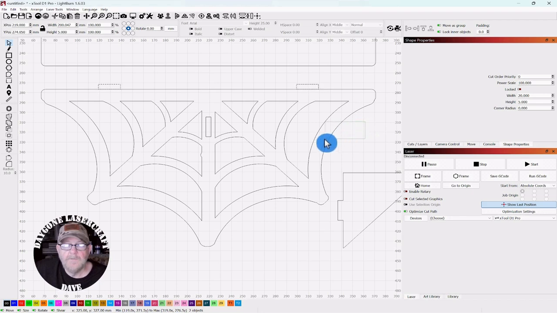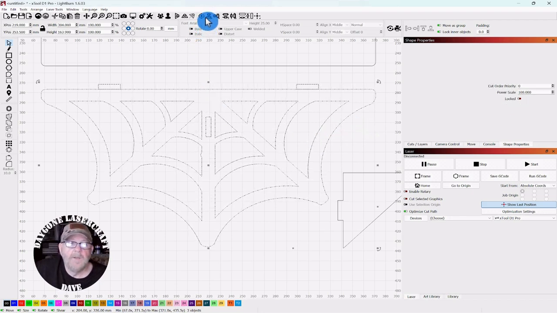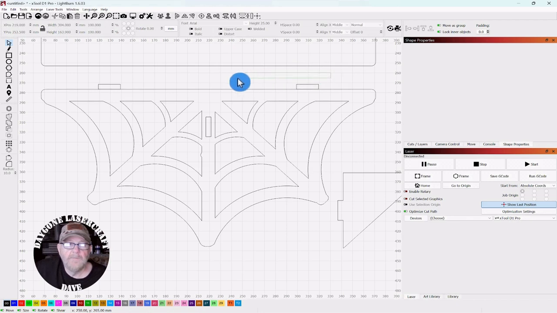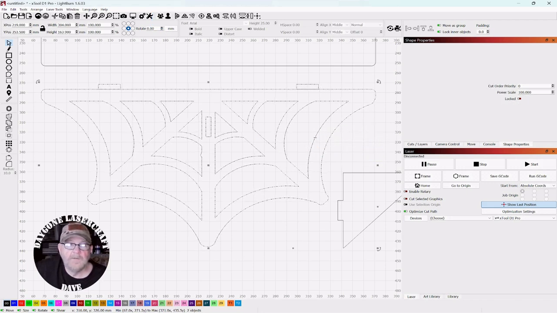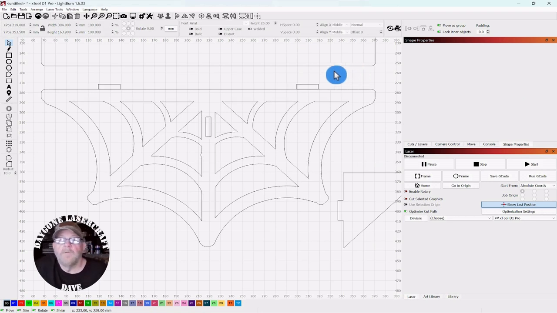Then we can Shift, select, and go to vertical center. No, we can't because I didn't group them together. Back them up. Grab both of these, group, Shift, select, and then go to vertical center. Okay. We're good. I make so many mistakes, folks. All right, now